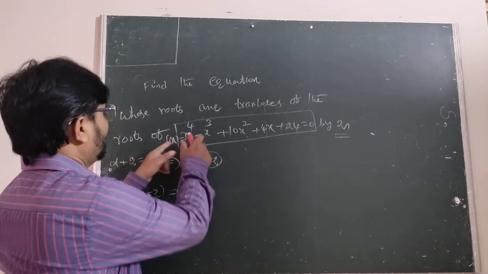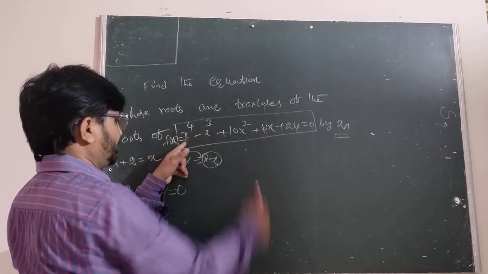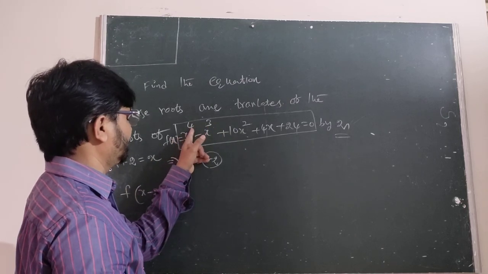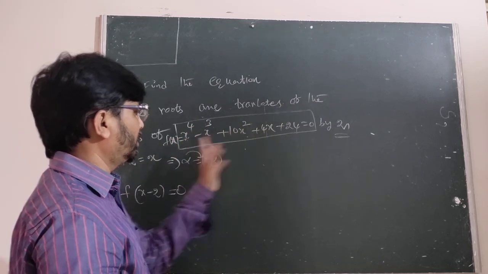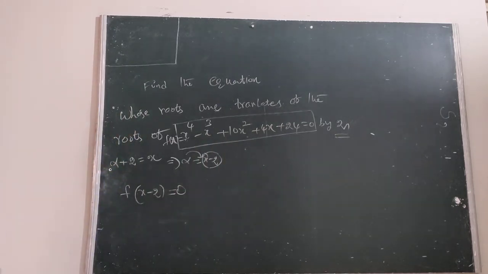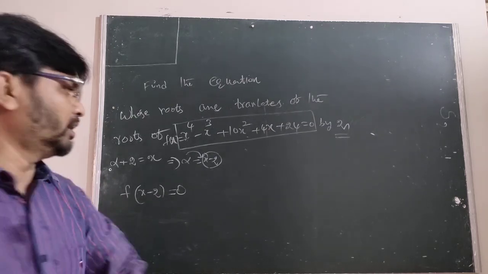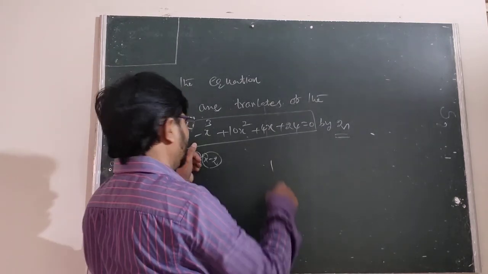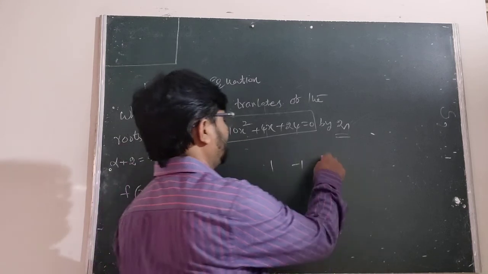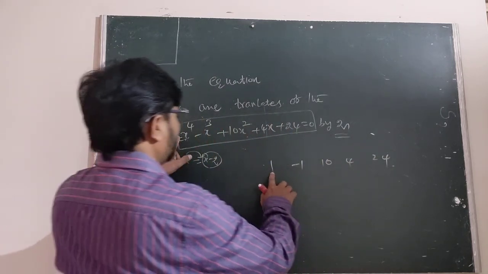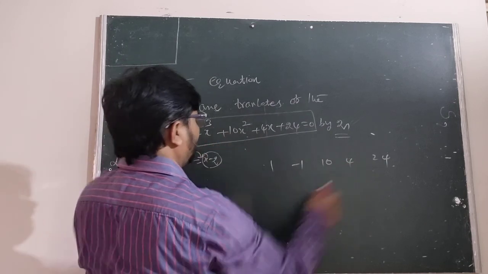Another one, the very smallest, easiest method, is Horner's or synthetic division. Therefore, first of all, we take the leading coefficients 1, minus 1, 10, for x cube, x fourth degree, 4, 3, 2, 1. All terms are contained in this equation. Suppose we are missing any term, either x or x square, then you must take 0 in the Horner division. Therefore, here 1, minus 1, 10, 4, 24.